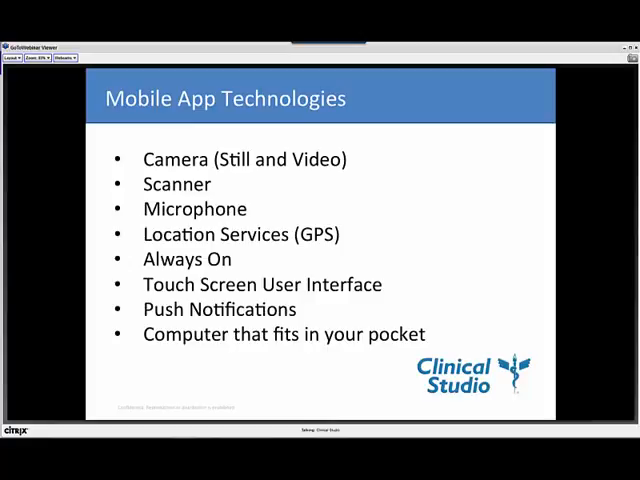Mobile app technology is built into the device itself, and there's a number of goodies that come with all of these devices, including the camera, which can produce still and video images. They can actually be captured straight into case report forms. The scanner, which can scan any sort of document. It can scan barcodes, QR codes, or any other type of code you can imagine. The microphone, which can be used to leave voice memos, and those voice memos can be attached to case report forms as well. Location services. In a highly regulated industry, knowing exactly where your data is being captured is very